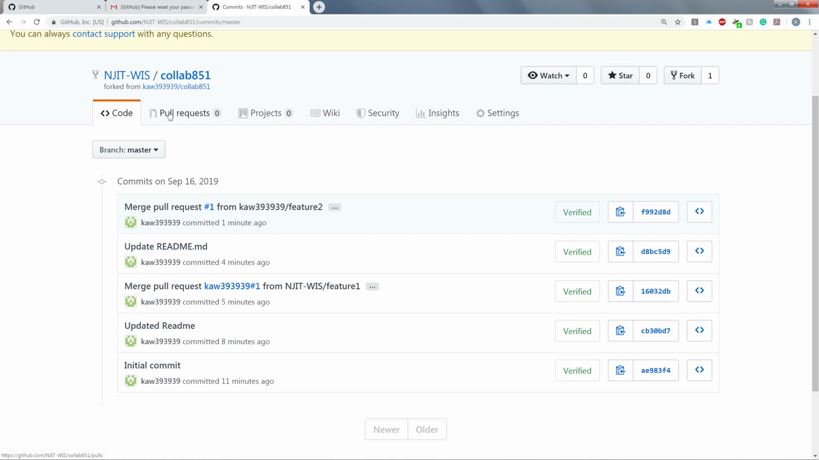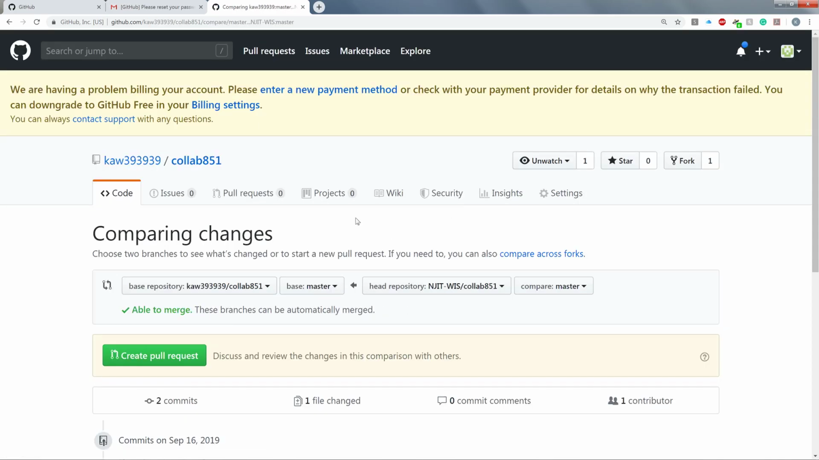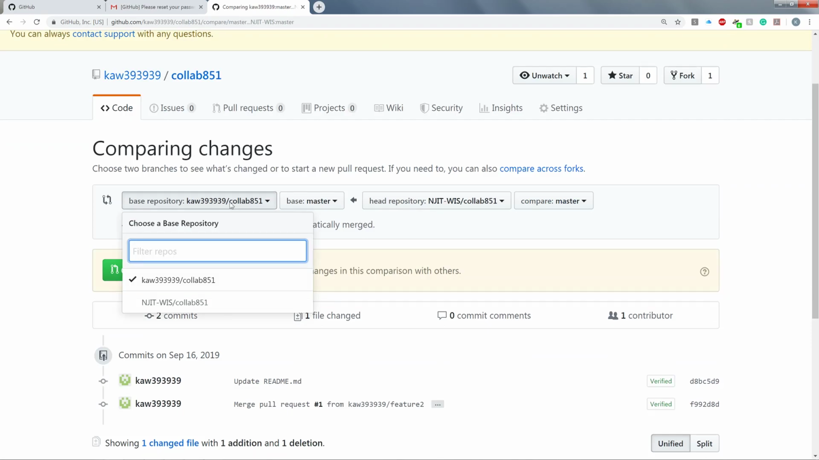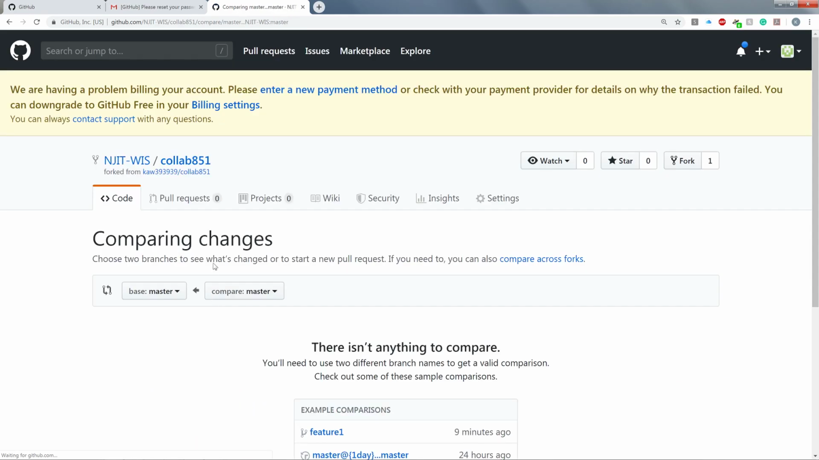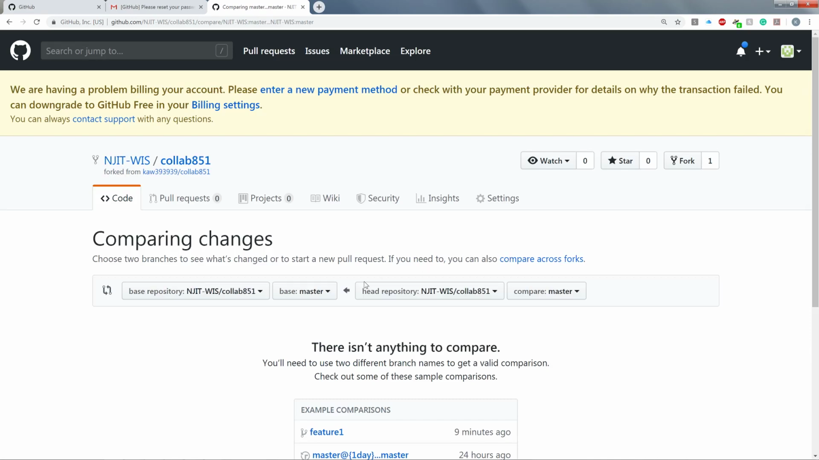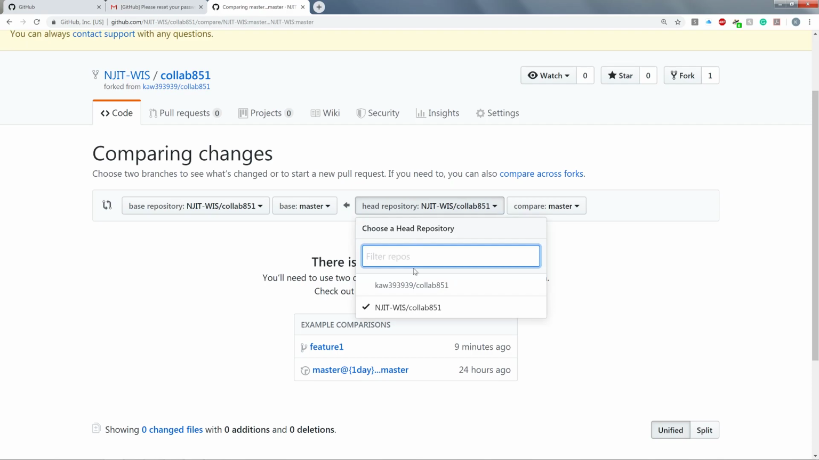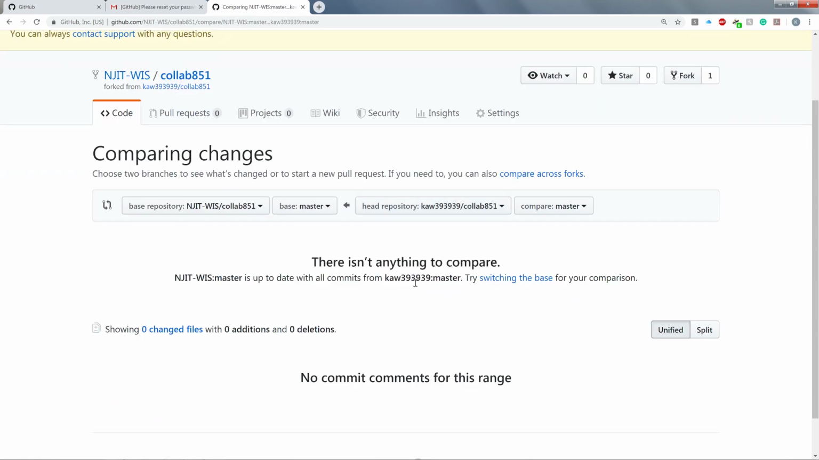I'm going to go back to NJT collab 851, and I'm going to create a pull request here. And what I'm going to do is I'm going to have my NJTWAS here and compare across forks. So I got NJTWAS and then, oops, and I'm going to merge KW3939 and let me see here, collab base branch, that's the collab, and I'm gonna